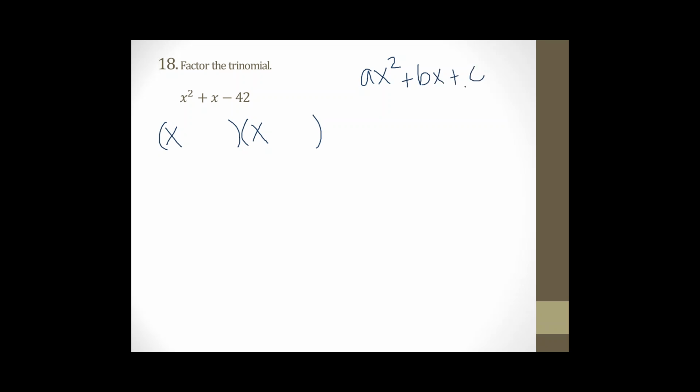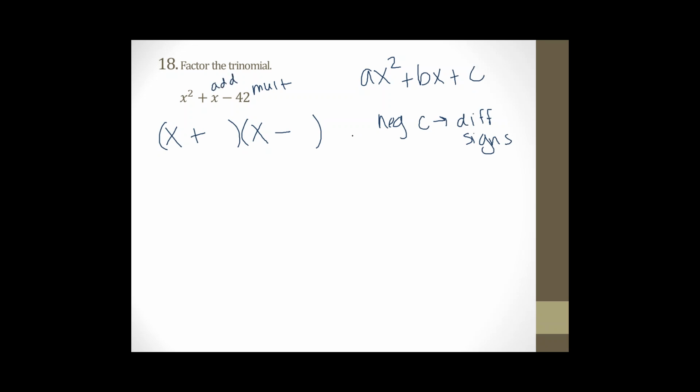So if c is negative, negative c means we're going to have different signs in our factors. So basically we want to have a positive and negative. All right, now we need to figure out the 2 numbers that multiply to give us negative 42 and add